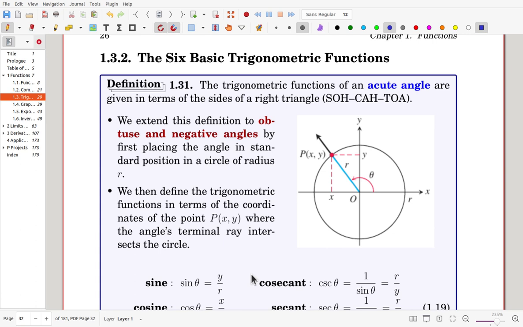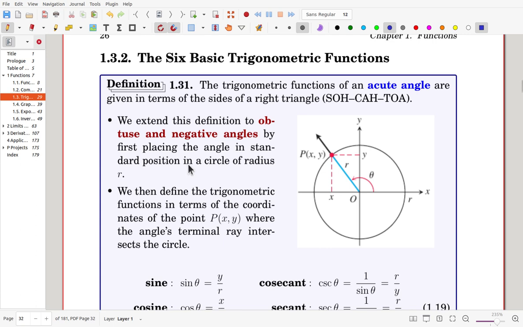If you are considering a right triangle, then usually it is defined for an acute angle, which is less than 90 degrees. Now, for a general angle, an obtuse angle larger than 90 degrees, and a negative angle,